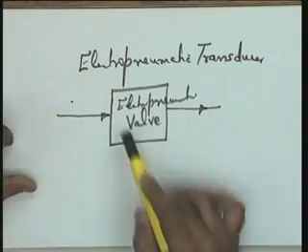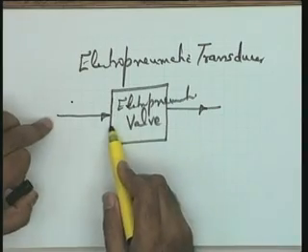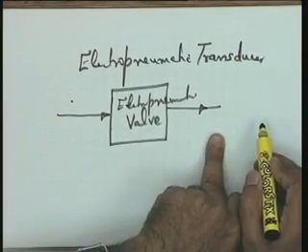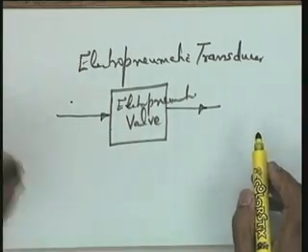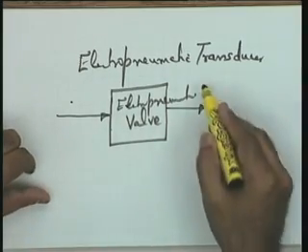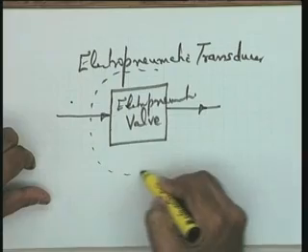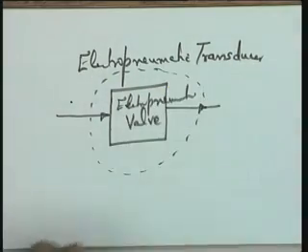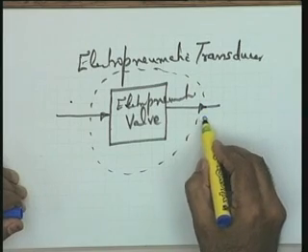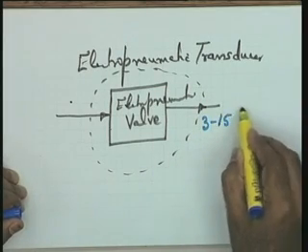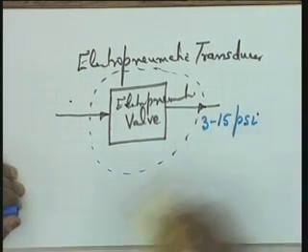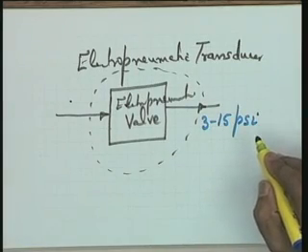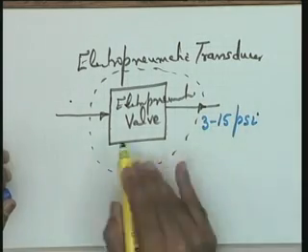This electro-pneumatic valve will accept an input signal, a voltage or a current signal, and an output signal which is a pressure signal. Now, let me give you some industry standards here: the type of electro-pneumatic valves available in the market. This is a device commercially available and we also have it in our lab. The typical signals are 3 to 15 psi, pounds per square inch being the unit used. 3 to 15 is the range of the output.